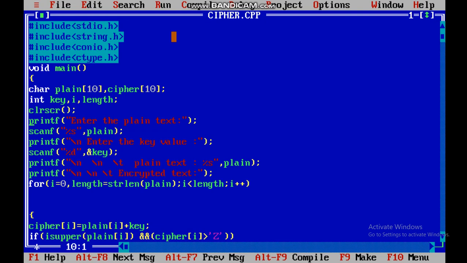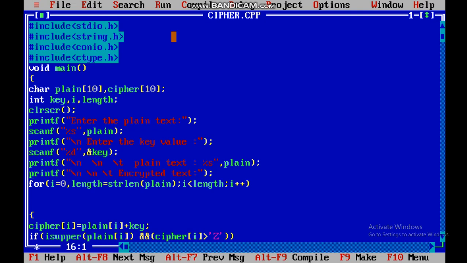Next we enter the key value, meaning which key value we have to insert, like 3, then plain text is converted with the third alphabet, and if the key value is 8, then A is converted with the 8th alphabet, and so on. Next the plain text is displayed, and after that it is encrypted.